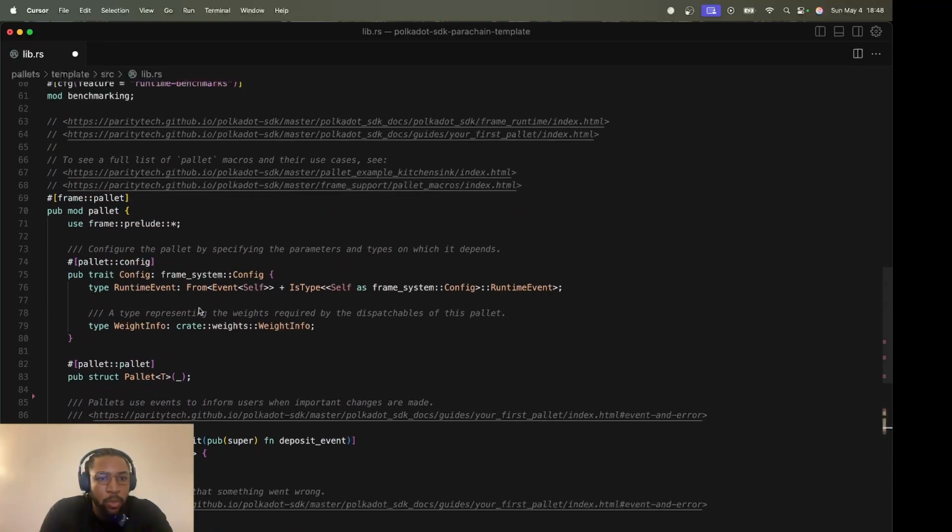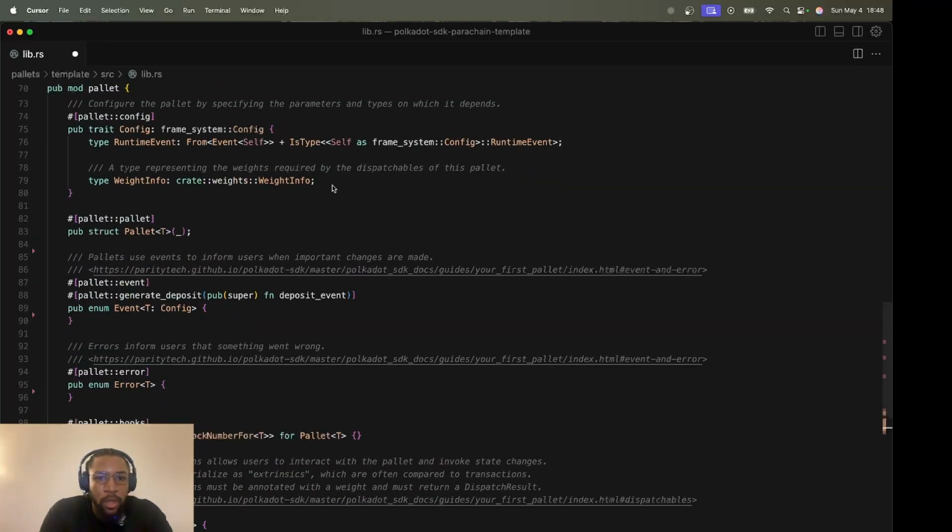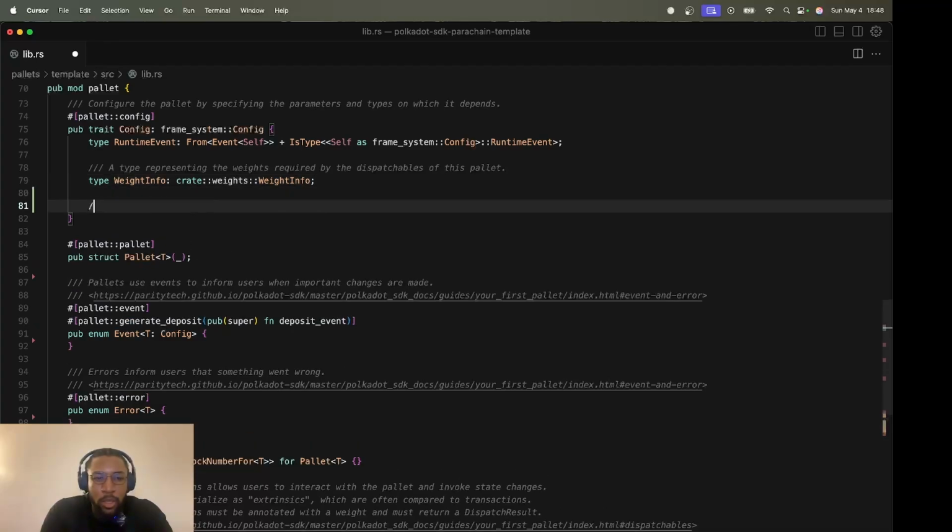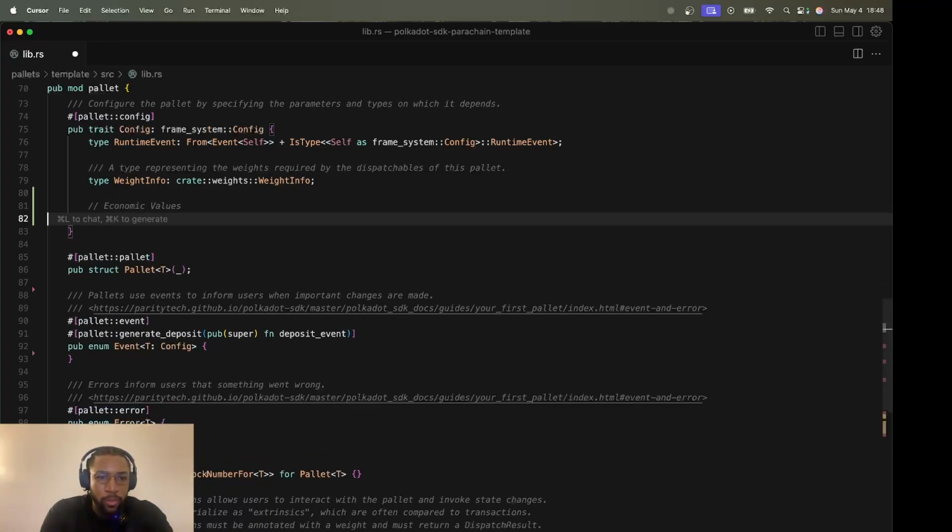Okay, now I want to define economic values. Call it economic values, but there should be a better name for it. Basically, we want to define my configurations.